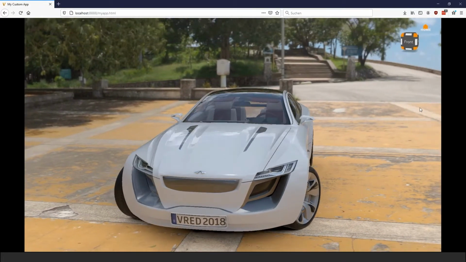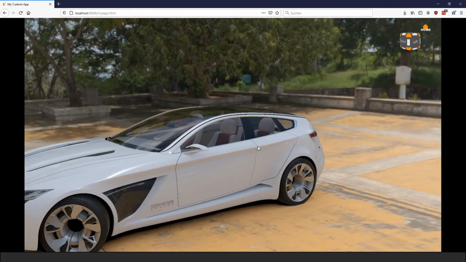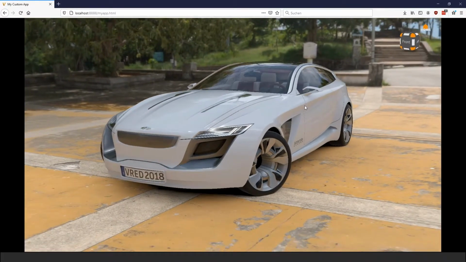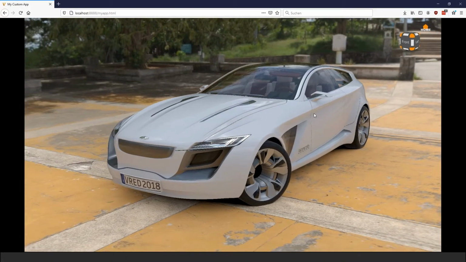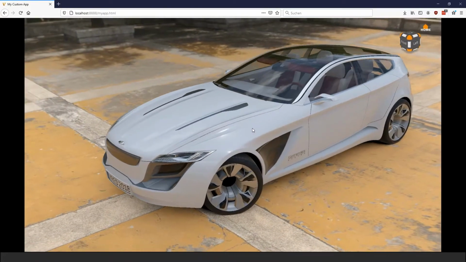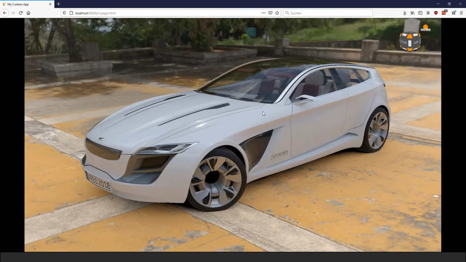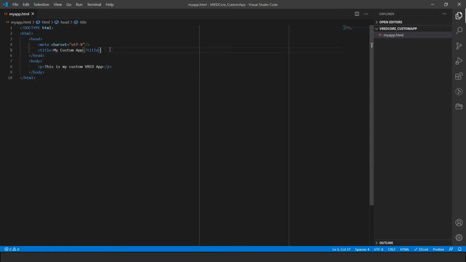At first, we want to implement a live video stream with navigation. There are different ways to do this, but for simplicity, we can use the stream that is provided by the endpoint apps VRED stream. This endpoint provides a live video stream and the default navigation behavior we know from VRED Pro and Designer. We can use this endpoint as a source for an iframe that we can configure to cover the whole page. To do this, we create a script tag in our document where we will add some JavaScript